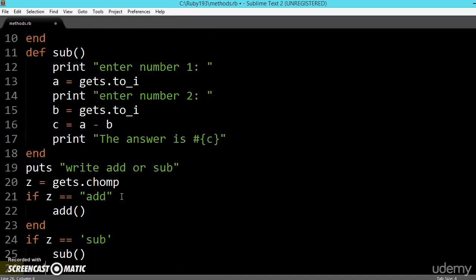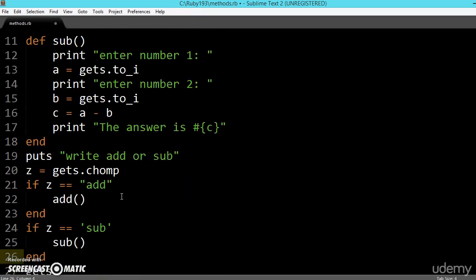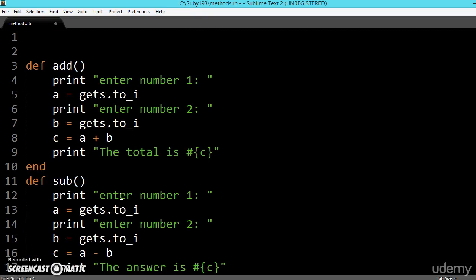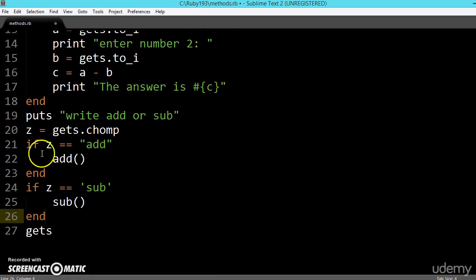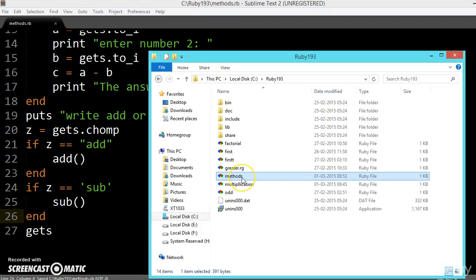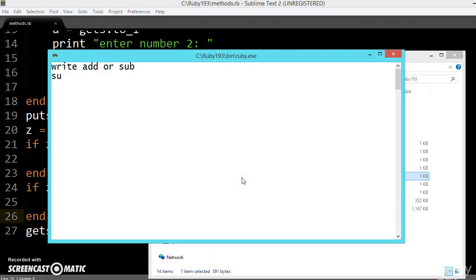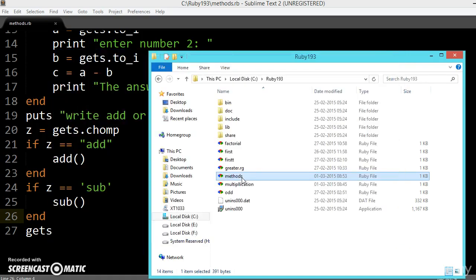Because we have written the methods in the file itself, in real time we will be placing them inside a class or inside modules, and we will be importing them. That we will be seeing later. So for now, don't get confused. First define both functions, and now use them; after declaring the functions, write this code. Now let us see whether it works or not. Now open the file. Let us say subtraction. So now it is entering 34, 22. The answer is 12. We have successfully written it.